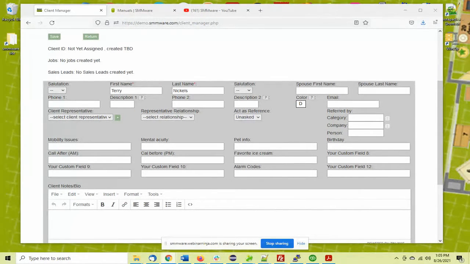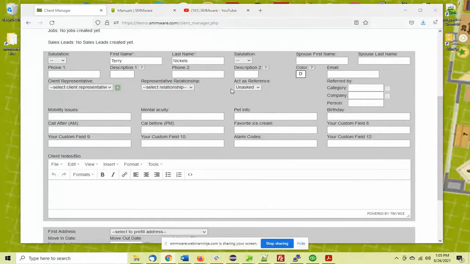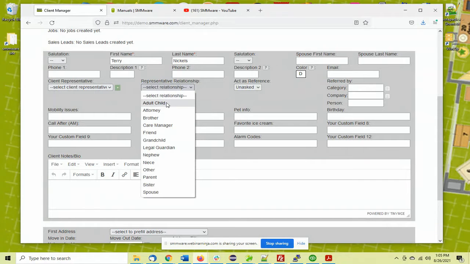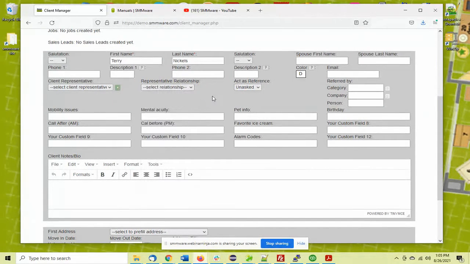All right, so moving on. We also have a field here for whether someone is willing to act as a reference. And we have an area for client representatives. So in the case of, say, an estate job, then you might have an attorney with a power of attorney, and they would be entered here. And you can indicate the nature of the relationship here, such as attorney. We also offer some custom fields where you assign the label of your choice, and then you can collect information